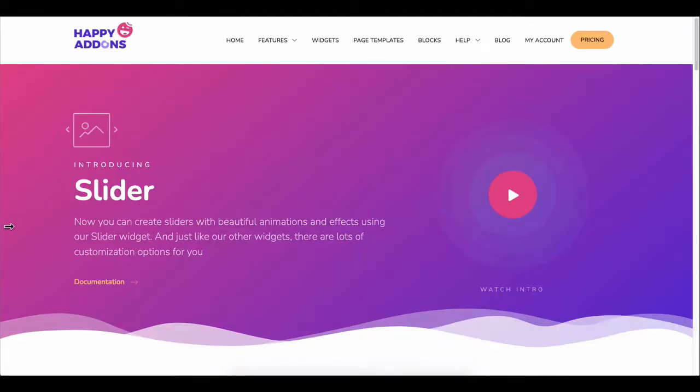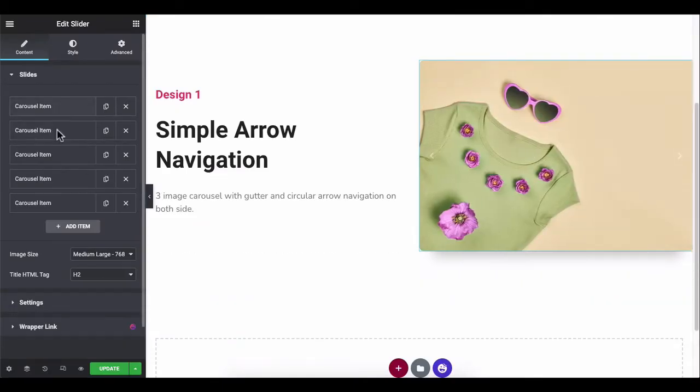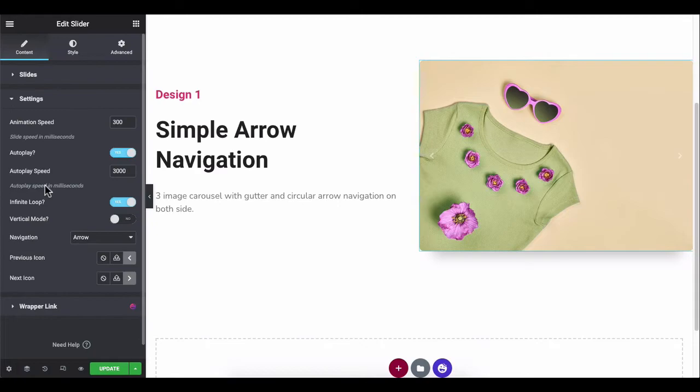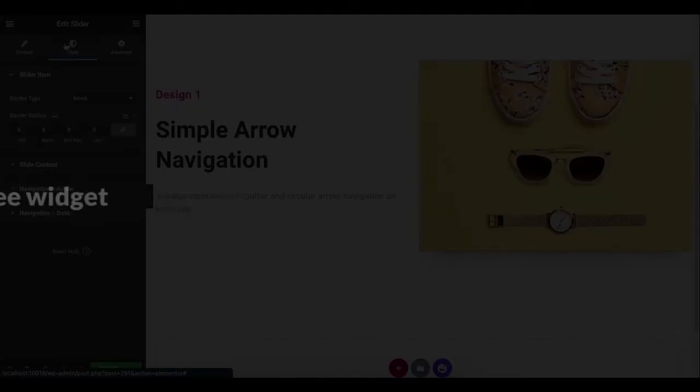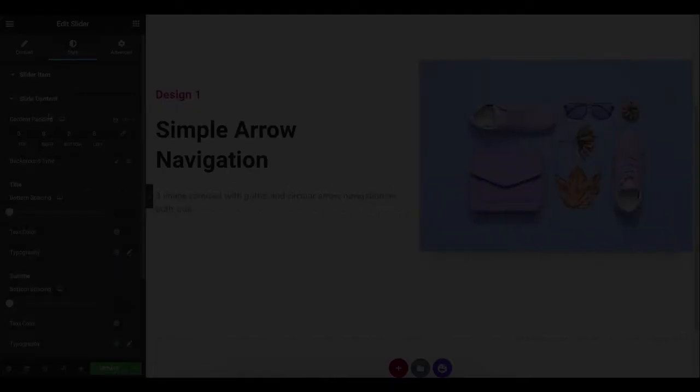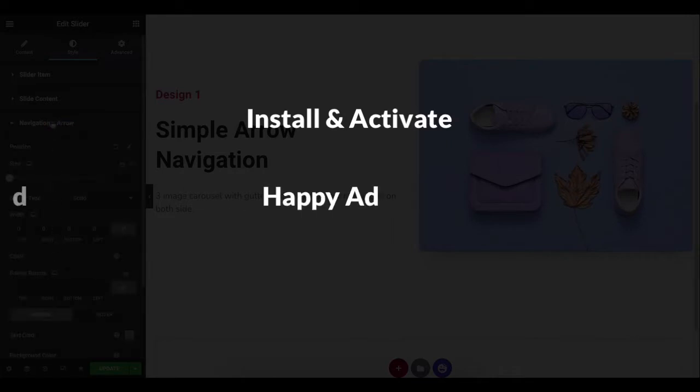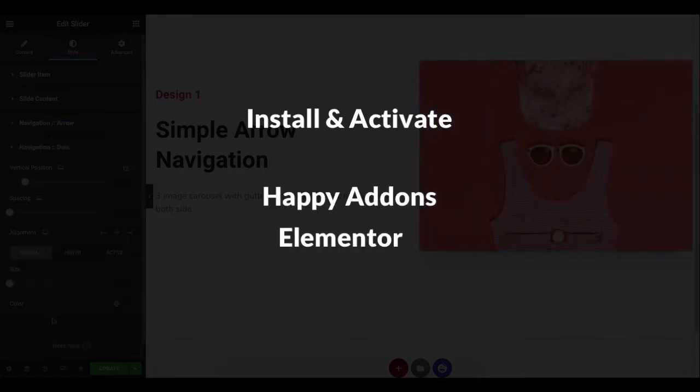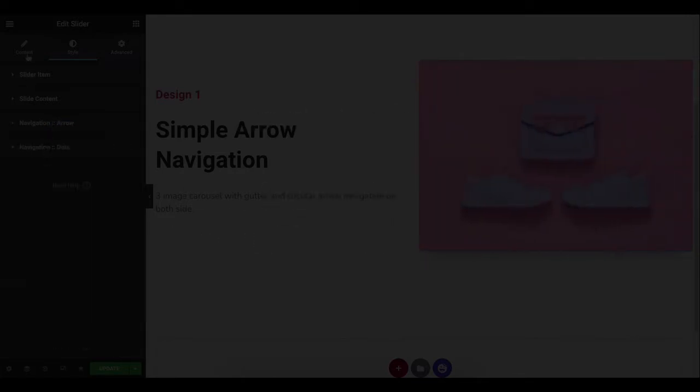Team Happy Addons introduces the slider widget to let you create sliders. Also, it has all the customizing options to make amazing sliders. It's a free widget of Happy Addons. You just need to install the Happy Addons along with Elementor and start using the widget on your WordPress-powered Elementor